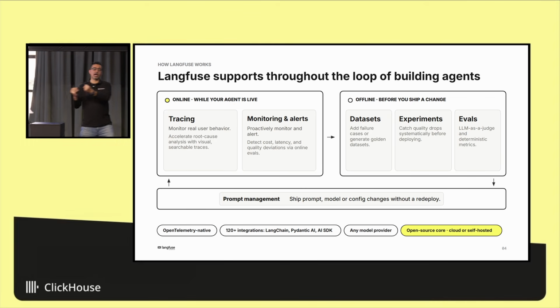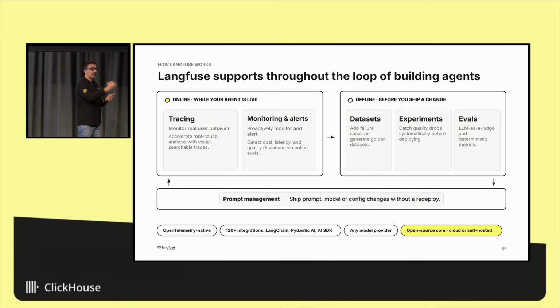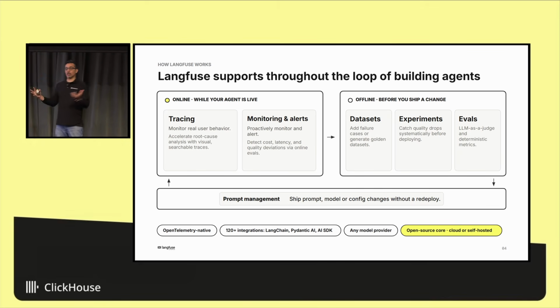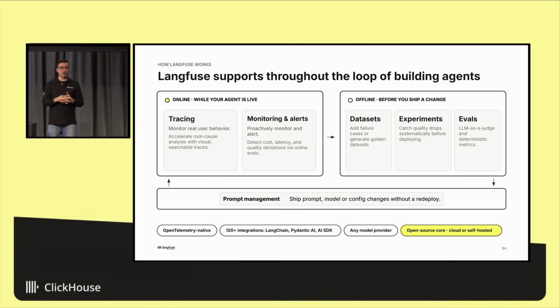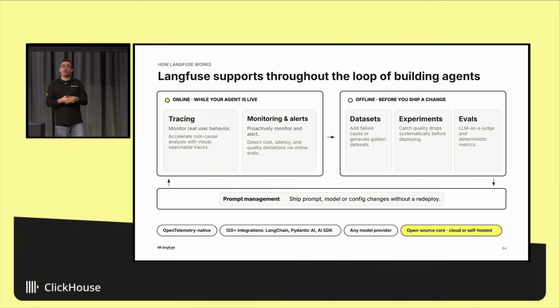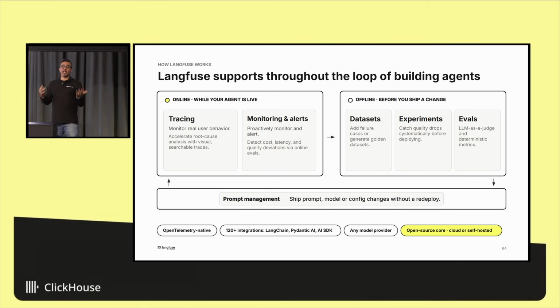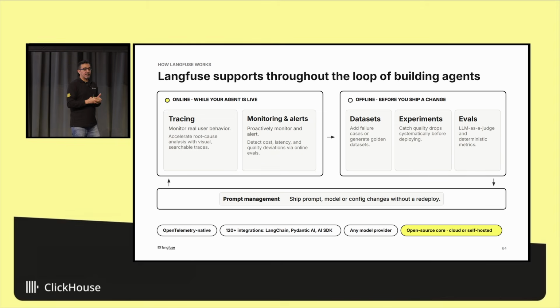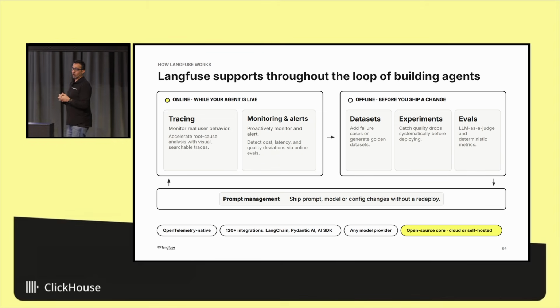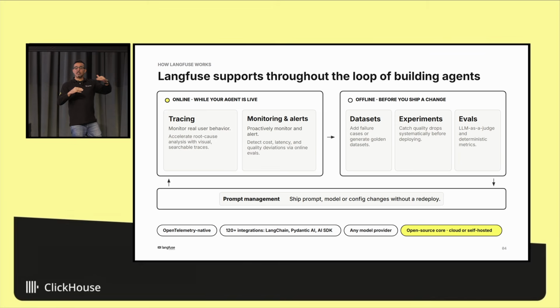So it takes all of the items in the data sets, runs it through your experiment, and you score each of these inputs against your set of evals, which is where the scoring would come. The evals can be run using an LLM, so another LLM judging the output of your agent, or it could be code evals, where you can assess things that are more deterministic, like an agent is supposed to output something in a JSON format, and you want to check the schemas of that. So these are evals. You run these experiments offline, and you get the scores. And across multiple experiments, you see if the agent is improving